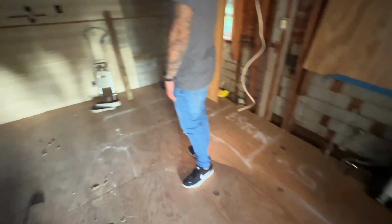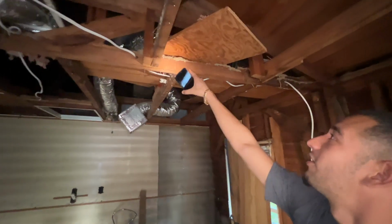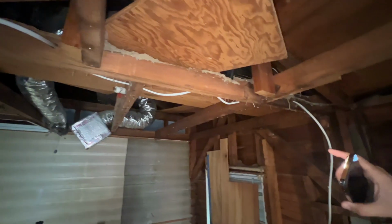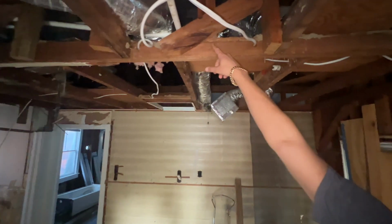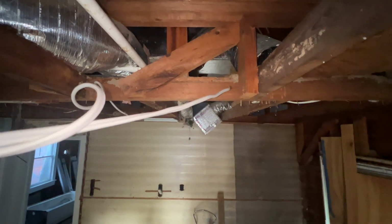It needs a lot. So the first thing would be the termites in the roof. As you can see, all the dust at the bottom. Those are the droppings of termites. If you see here, the wood is rotted out and their termite dust is right there. It's kind of like their poop. And this is especially bad because this house is frame, so it's not a concrete block foundation, it's a frame foundation. That means these termites from the roof are possibly going below the house too,